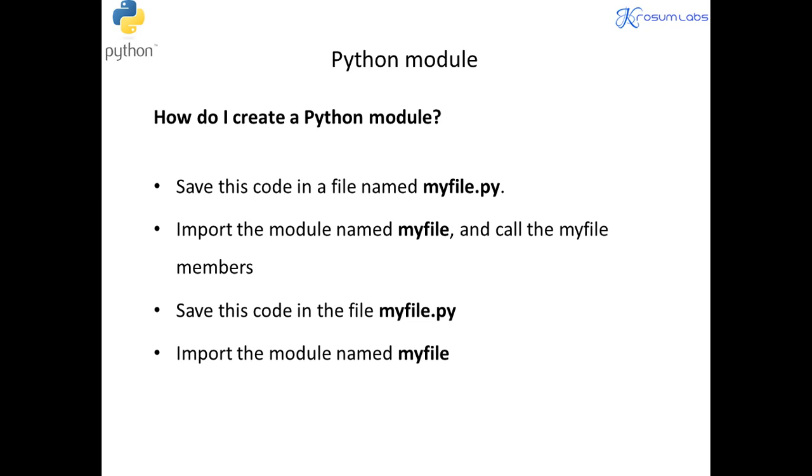So how do I create a Python module? Already mentioned, it's an existing Python file. So the file name must be saved with the .py extension, and then import the module file name. Only the file name you have to import. Then call that file name dot members. Members means whatever data is inside the file, like all our previous topics: variable, operator, conditional, loop, and functions. Everything, the entire code, we can reuse and call. So a module file must have the .py extension. You can move to the next screen.